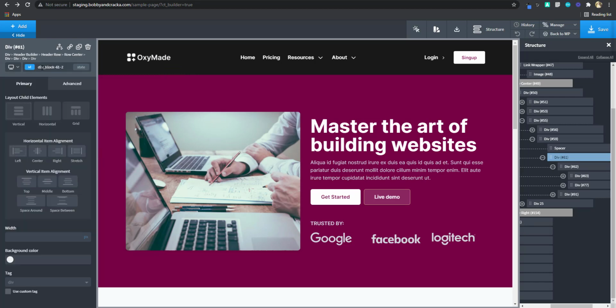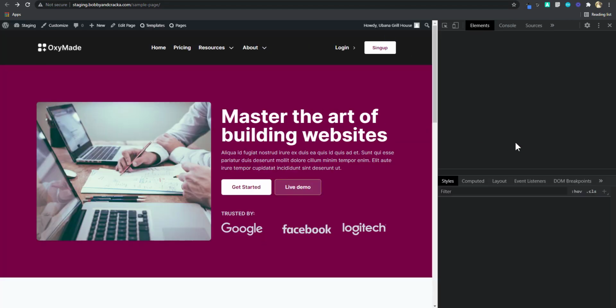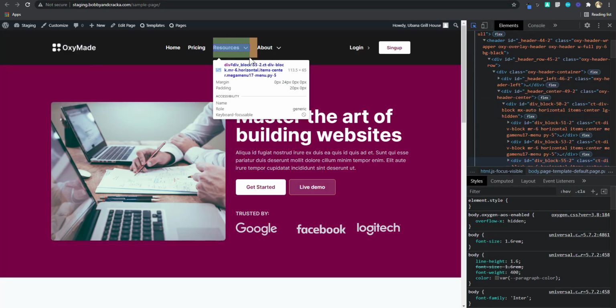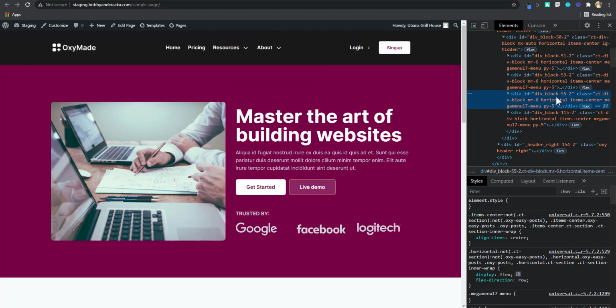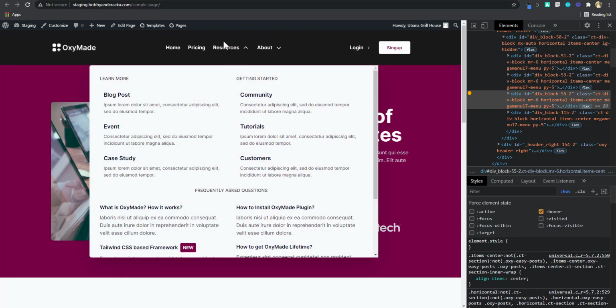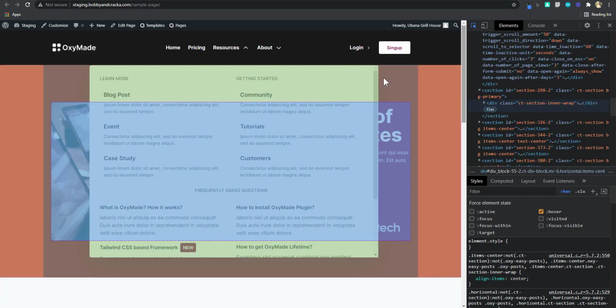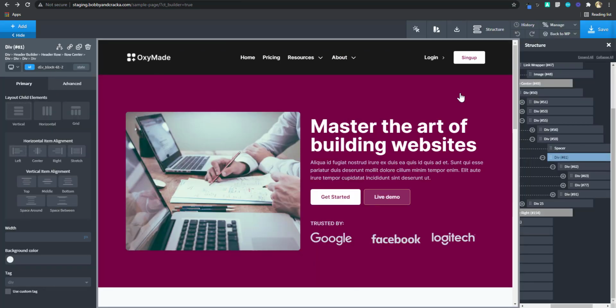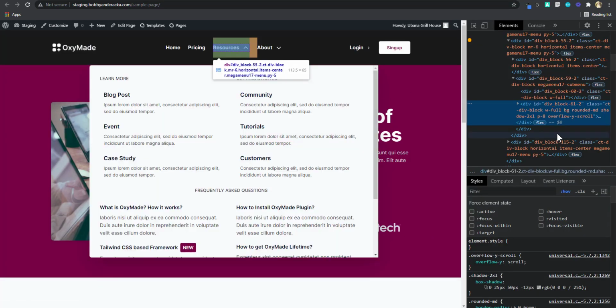So I know the ID is div block 61.2, but to be sure, I'm going to go to inspect this container. I'm going to go to that menu item, and I want to go to hover and then activate the hover, so it's going to simulate a hover effect while I take this button and click here. I have that div selected, div block 61.2, which is the same as the one here. So if you're not quite sure which one you're looking at, you can use this method,